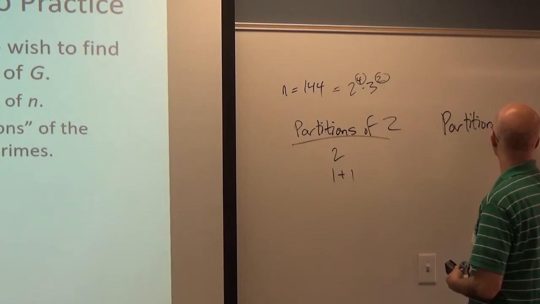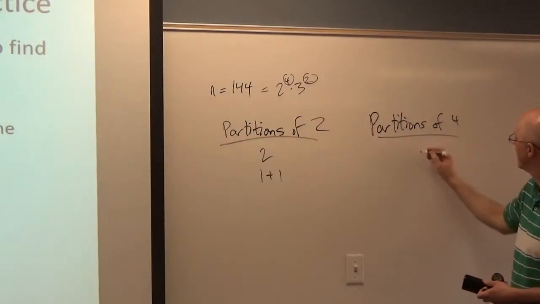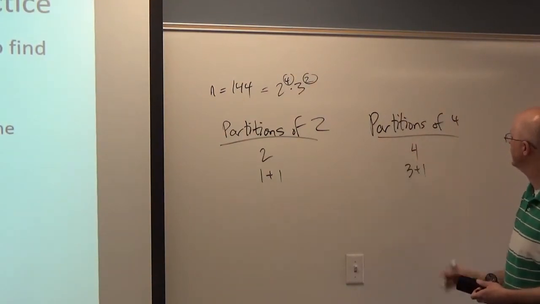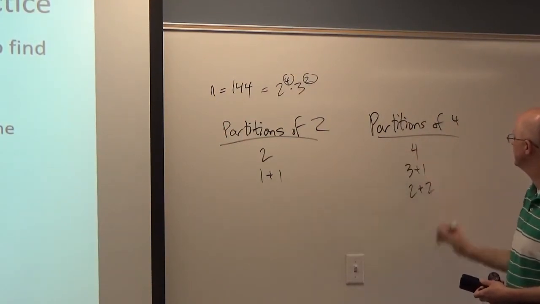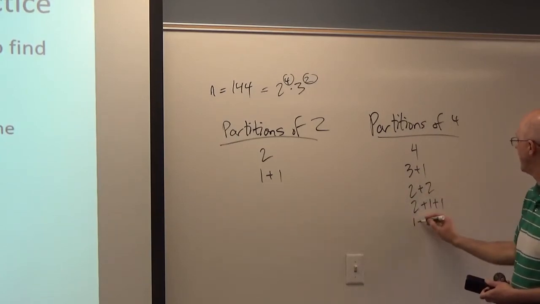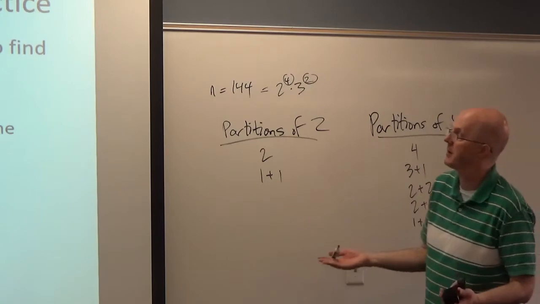As the exponent goes up, the number of partitions goes up. What are the partitions of 4? There's 4 itself. There's 3 plus 1. There's 2 plus 2. There's 2 plus 1 plus 1. And there's 1 plus 1 plus 1 plus 1. I could, of course, also write 1 plus 3, and 1 plus 1 plus 2, and 1 plus 2 plus 1. But we don't think of those as being distinct partitions, and that's good for the purposes of this theorem